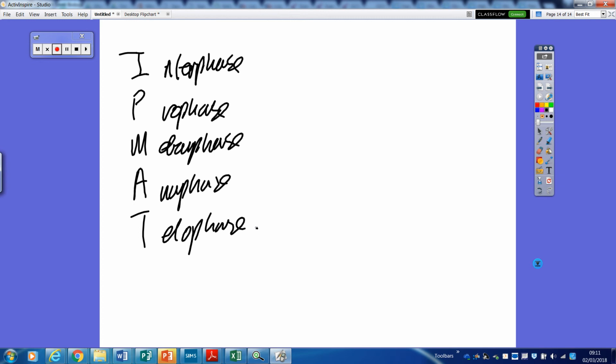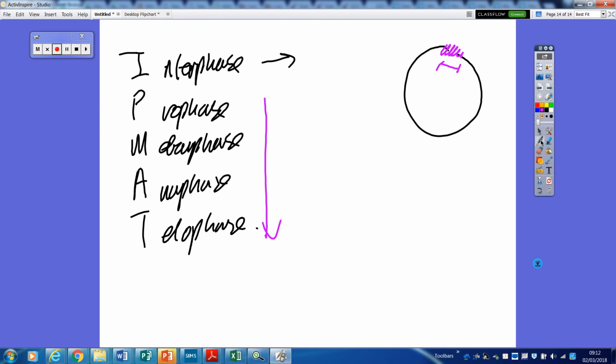So, during interphase, everything's replicating. That's not just the DNA, that's the organelles also. And the majority of the cell cycle, if you remember the cell cycle diagram, the point at which we're actually undergoing mitosis, which is everything after interphase, is a very short period of time. Most of the cell cycle is interphase, preparing for cell division. So during prophase, after everything's replicated, all of that replicated material starts to condense.